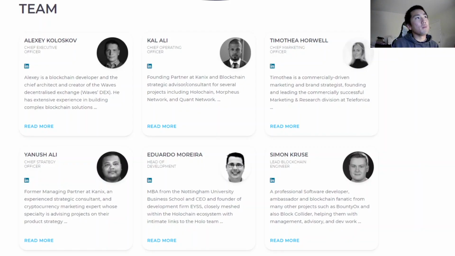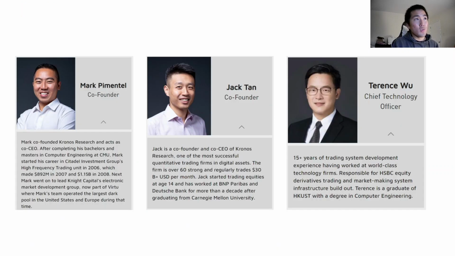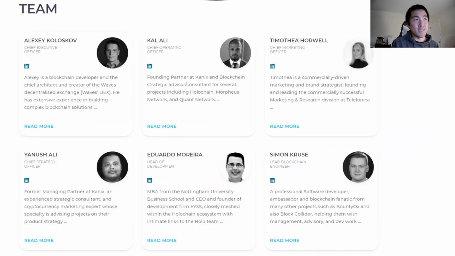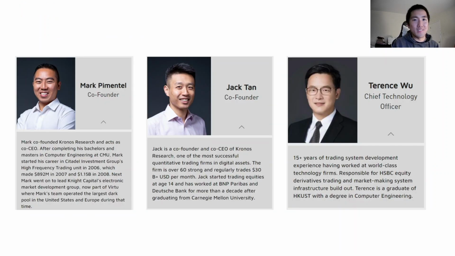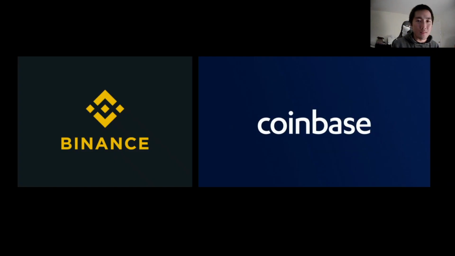But if you look at the team, it's a bunch of engineers. It's a bunch of smart people that are really passionate about crypto. And I'm sure that they're great people, and I'm sure that they're very, very smart. But ask yourself, if you were to invest in a protocol that's going to provide dark pools and better liquidity, would you rather invest in these guys or these guys, right? I don't know about you, but my money is with Mark, Jack, and Terrence, right? And not Alexei. Like, sorry, Alexei, I don't know who you are. I'm sure you're a great guy, but I'm not going to put money towards Orion Protocol. Woo all the way.